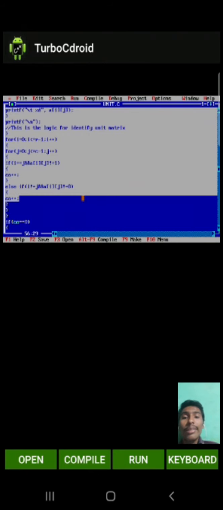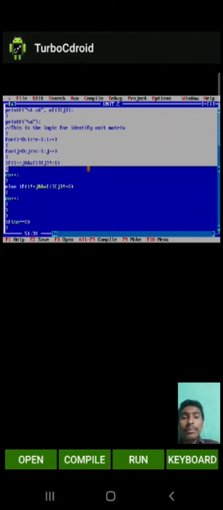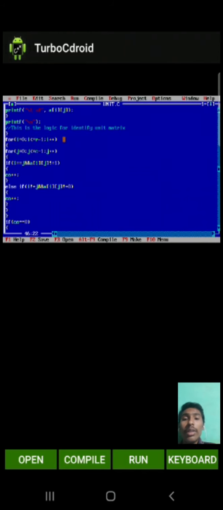If you know what is meant by a unit matrix, then you will definitely understand this logic. If these two conditions are true, then the control of the computer goes towards this if statement: i is equal to j and a of i j not equal to 1. It means that if the value at a diagonal element is not equal to 1, then the value of counter will be increased by 1. And else if the condition is i is not equal to j and a of i j not equal to 0,